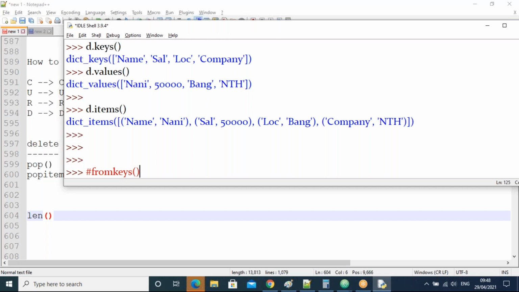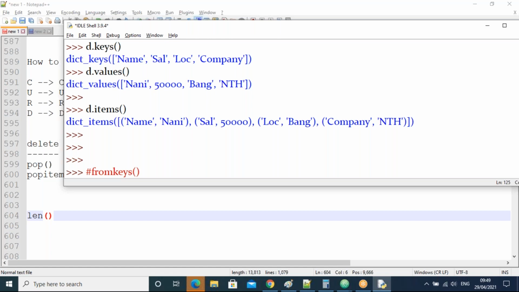All of you observe what's the function name here, right? From keys function, guys. So what is the need of this fromkeys function? Let me take the point. This fromkeys function we will use again in the file handling topic, guys. In advanced Python, we get a concept called file operations or file handling. At that time, we'll see very clearly again what is the exact use of the fromkeys function.